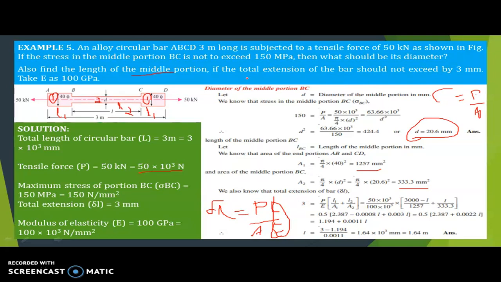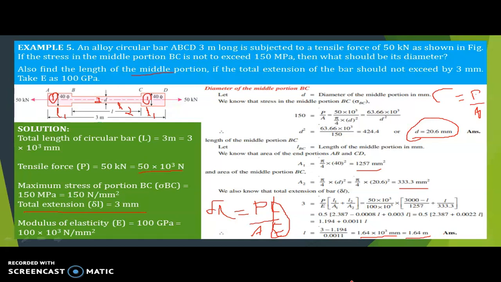mm. Here the total extension is given as 3 mm. So substitute that: 3 is equal to PL divided by AE. Once you simplify this, you will get L is equal to 1.64 into 10 raised to 3, in millimeter. Convert into meter, so you will get 1.64 meter. I think